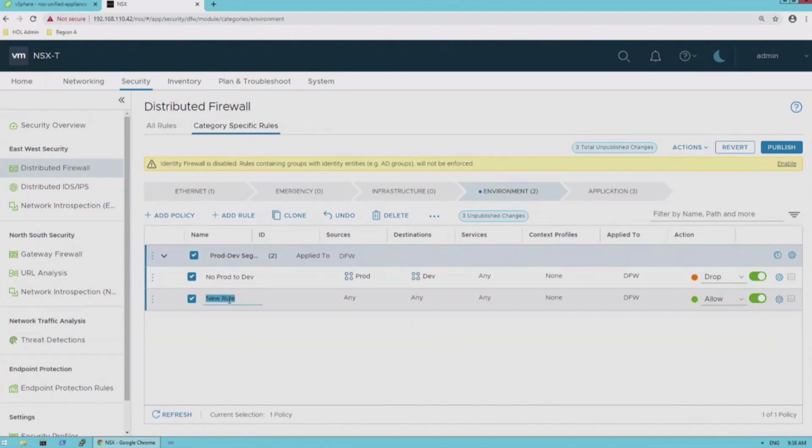The next thing I want to do, I'm going to do the opposite. What if we have the development ones that are trying to reach out to production? I can now drag and drop the groups that I already used into the UI, make it quicker for me to do that. And then I pick drop again. So effectively, once I click publish, I will have provided segmentation rules to isolate my 2 application groups on that